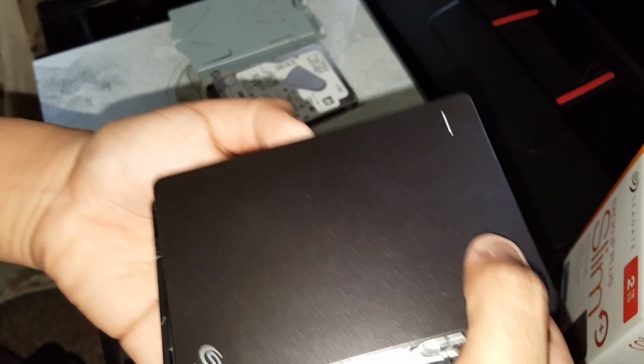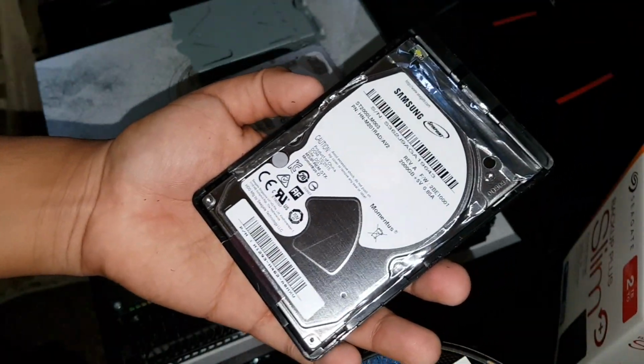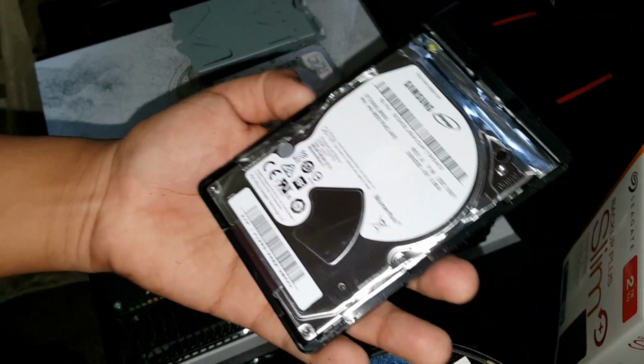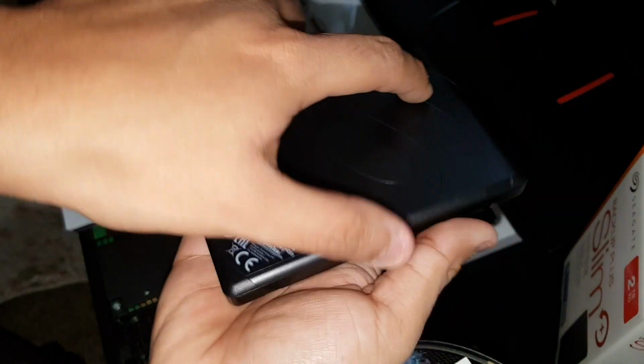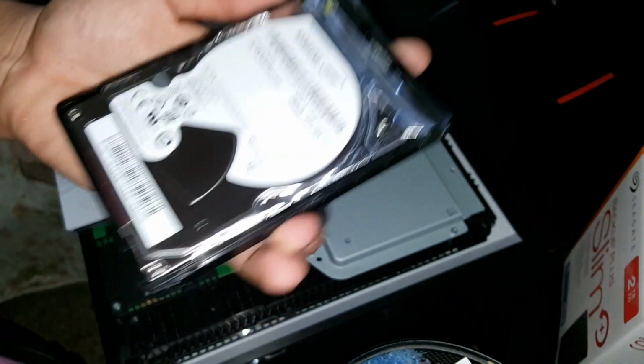So I'm going to put it like this, like the way I got it, and then remove the top. You don't really need this, but that's what the top crate looks like. And then that's the Seagate. Now, I'm going to remove it. This part as well, you don't need it. So let me...